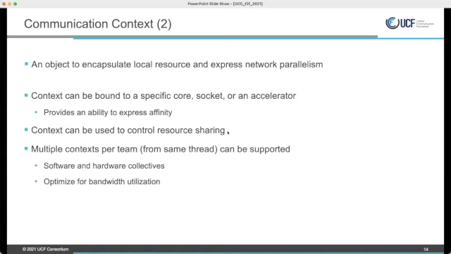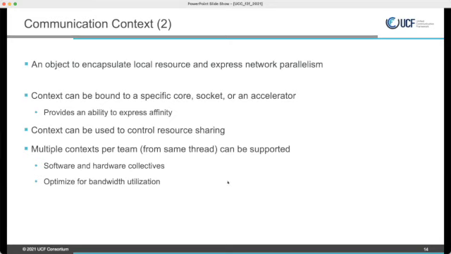Think about this, right? If you have an HCA that provides a certain level of parallelism, and you express context using that, you can provide multiple contexts to a collective or a single context. This will help with both performance and, if you run out of resources, with resource sharing.